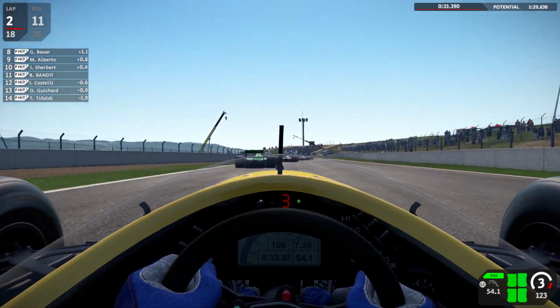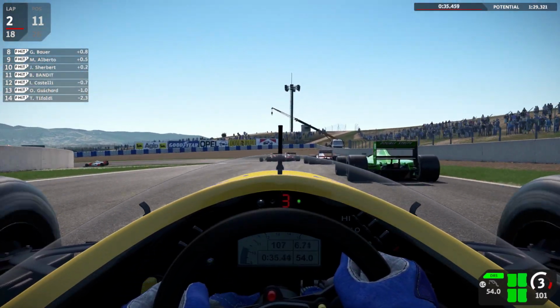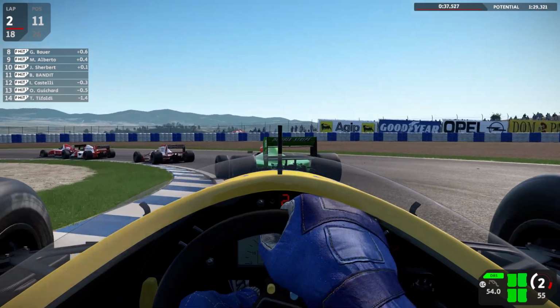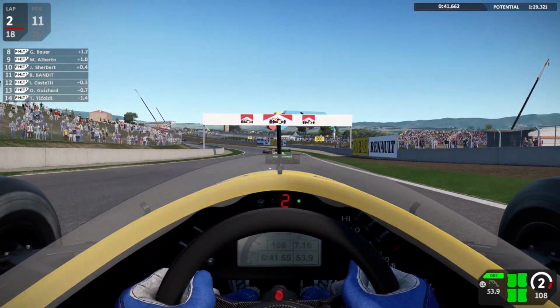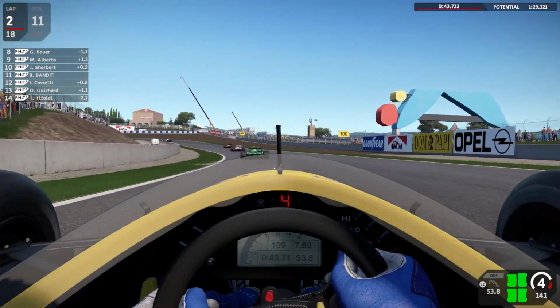The suspension just feels really flat. It feels like the car's got no body roll at all. Locked inside tyre up a little bit there. Oh, I couldn't get back on the power. Look guys, you've got to...